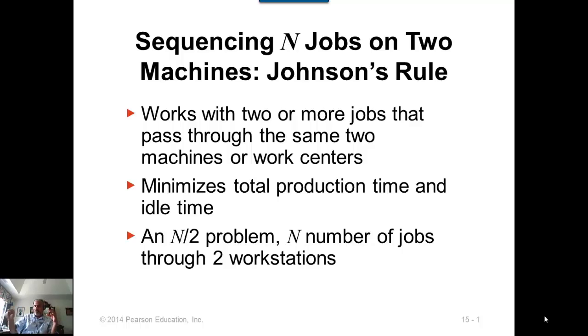So when you have two or more jobs that will go through the same sequence of machines, then how do you sequence the jobs, in what order the jobs should be processed? Okay. And this is a very difficult problem, but Johnson's rule is about just two machines. Suppose the whole process involves only two machines, so each job will have to go through these two machines or work centers, one and then the next. So one possible example is if there is material preparation and then you have painting.